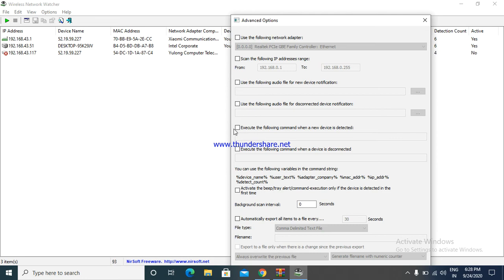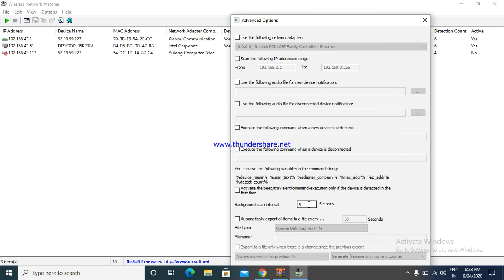Execute a command when a new device is detected. When a new device is detected, then the following command will be executed. If any one device is disconnected from the network, then the following command will be executed. Okay, this is the background scan interval.